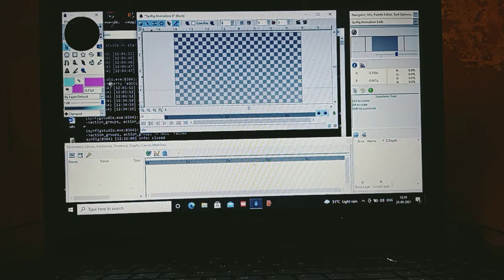A gradient is a combination of two colors, or three also. It's basically a combination of colors. I have already chosen colors which I liked. From here, as I told, this is a gradient layer setting tool or panel. From there you can select the colors you need for the gradient. I have already selected, so I'm just applying it. Again I will be doing the linear one only, but it's up to you what gradient type you want.